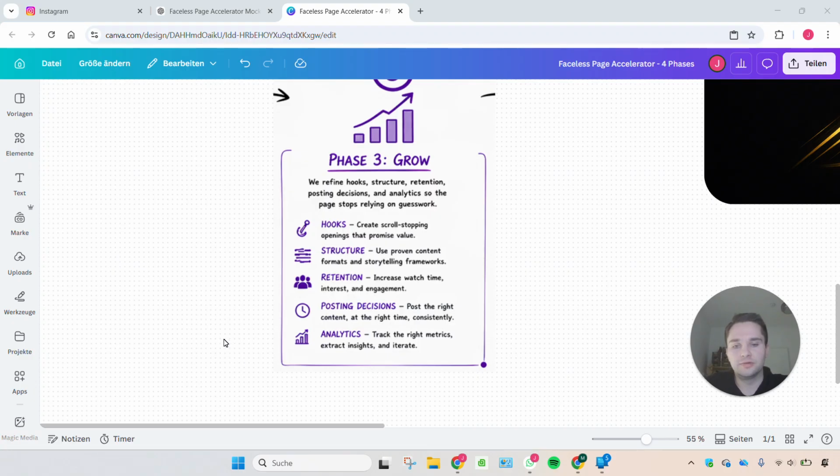And then we have the analytics. So that means you need to track the right metrics, extract insights, and iterate. This is especially important in the beginning of your journey. There it is important to try out different things, especially in the first 2 or 3 weeks. And after these 2 or 3 weeks,